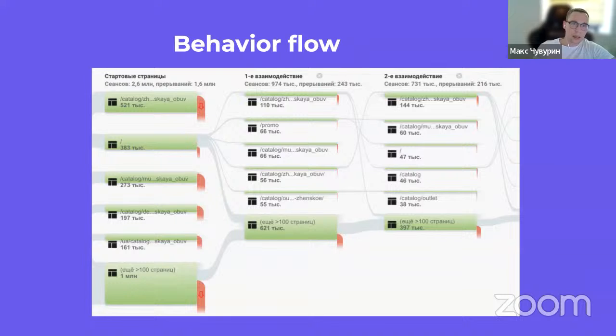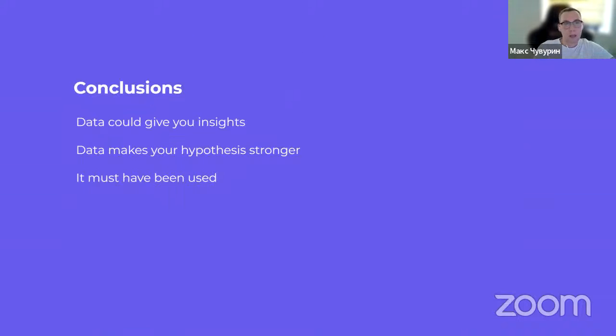In this case, like entering the catalog, the user does not continue their journey. However, when entering the homepage, the user keeps moving through the site. So we conclude that the homepage works well, while the catalog and the product list are to be improved. So you control these flows step by step and understand where users are going, and what their exit rate is from each step.